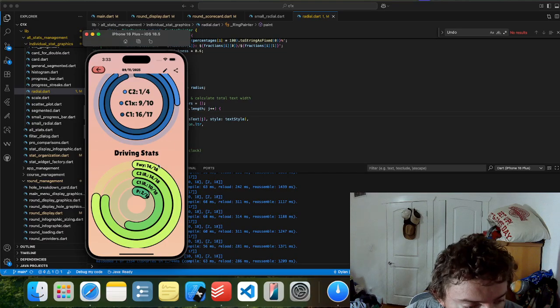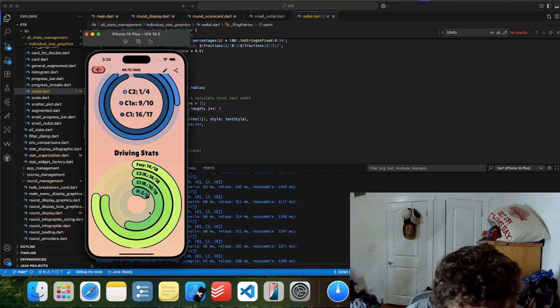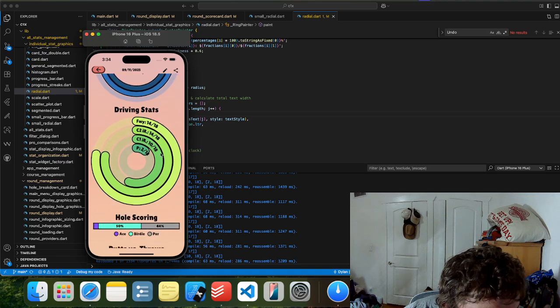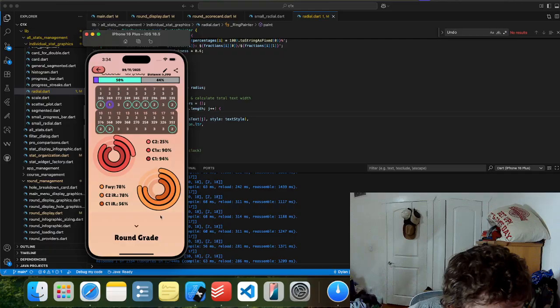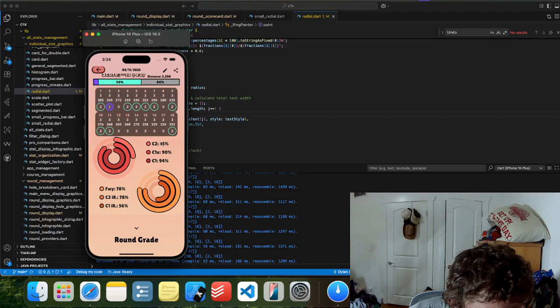It's an issue that I might run into anyways, but like just the 18 getting cut off here. But then you can at least see those numbers. You have the percentages up here.